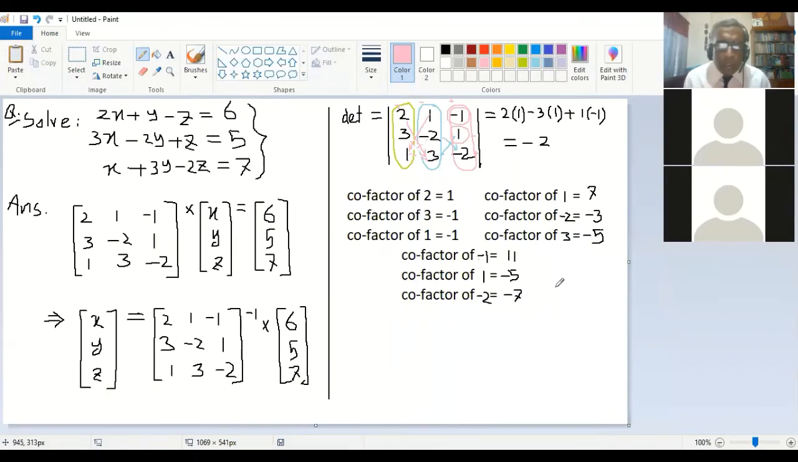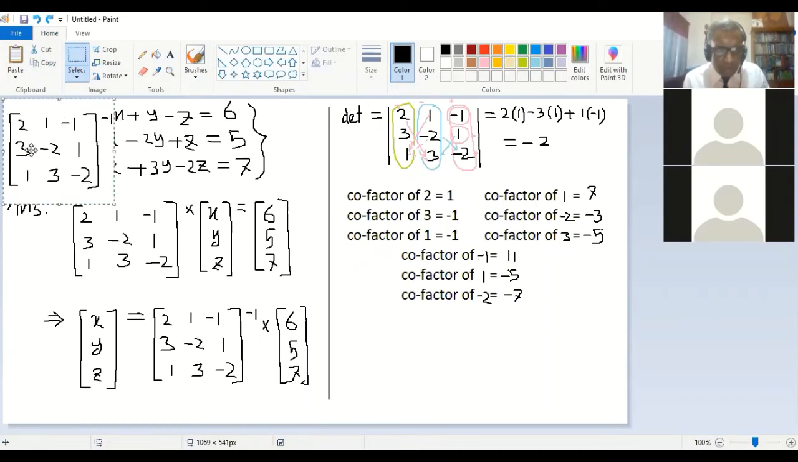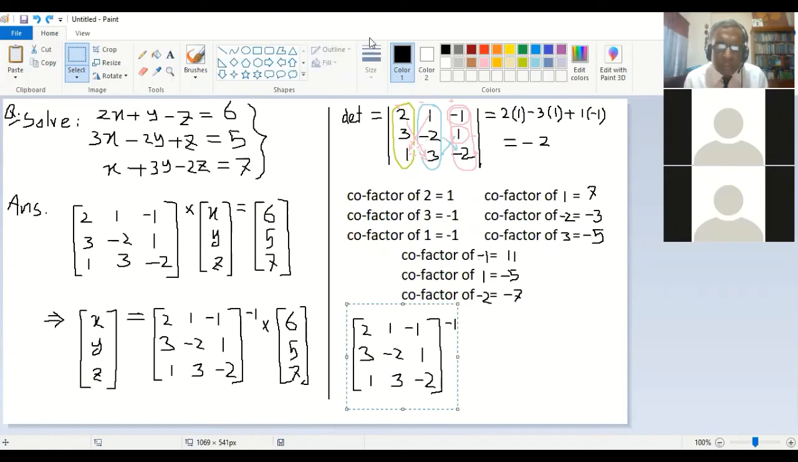Yes sir. Okay, so now let us move to the inverse. So this is the calculation of cofactors. Now we will write the inverse. So what will be the inverse? Therefore, you can write: let me just copy the whole thing to make it easier. Therefore this inverse is equal to